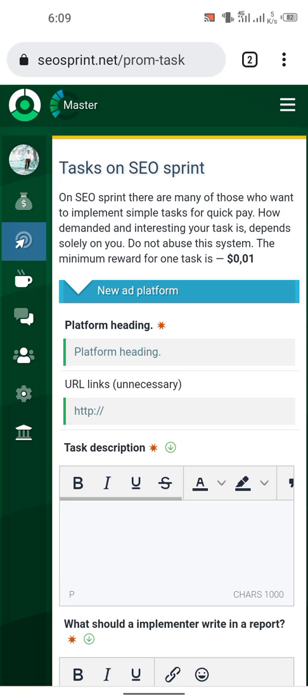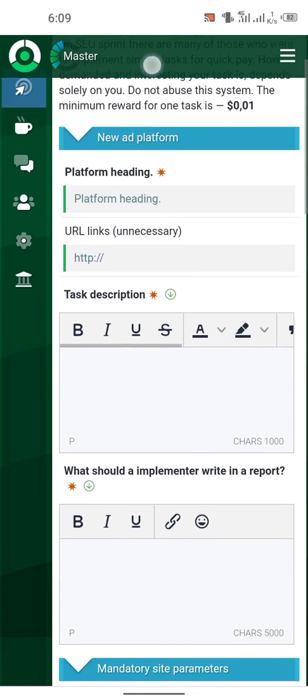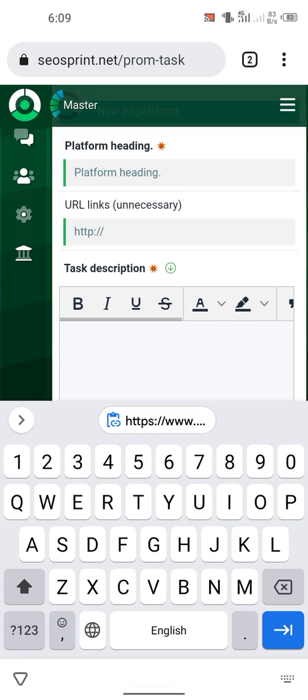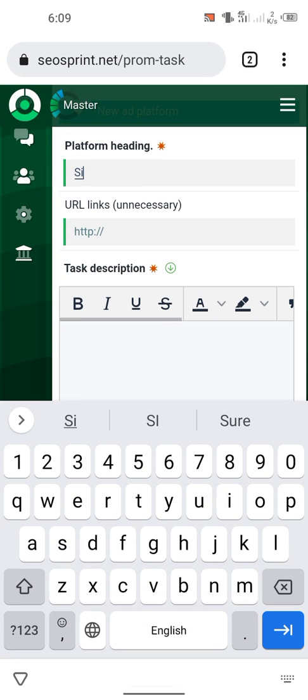The next page appears. So right here the first part is the platform heading. In platform heading you can write sign up. You can write the job description. So, sign up.